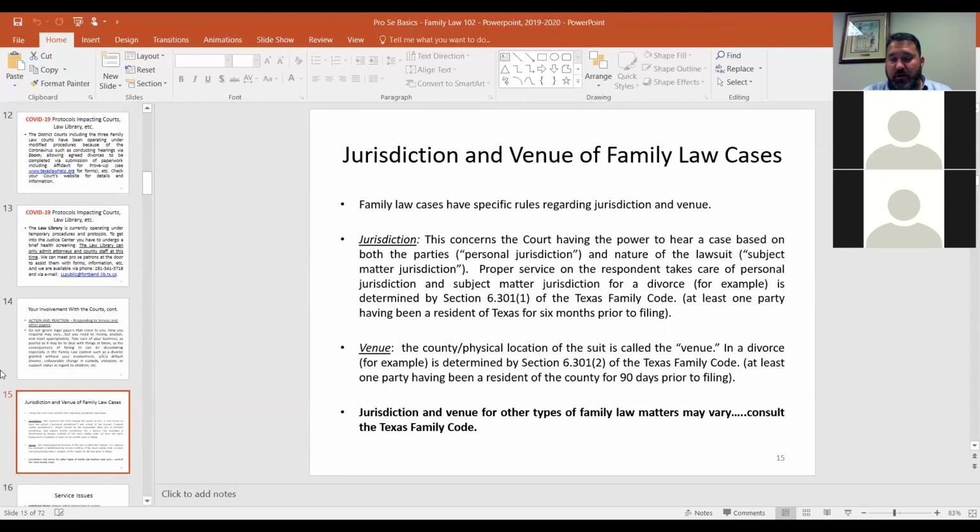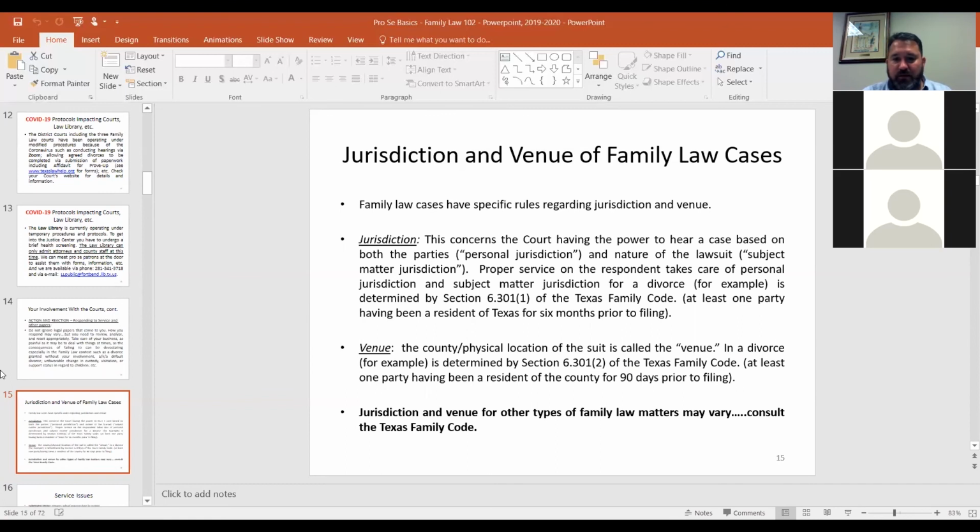There's some basic issues. Why would you be in the courts in Fort Bend County? There's jurisdiction and venue, terms you might have heard of, and what they mean is essentially jurisdiction is the power for a court to hear a case. And so the jurisdiction for family law cases is conferred upon the family district courts here in Fort Bend County,